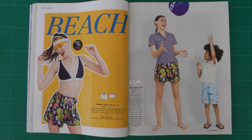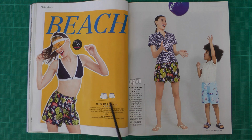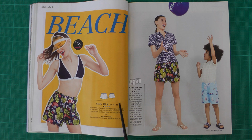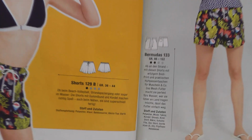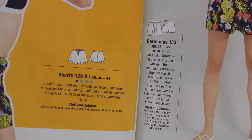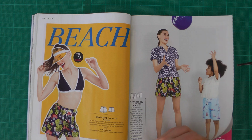Next, after all the tennis and cycling and all that other walking around, we go to the beach. And on the beach we need a pair of shorts. Actually it's the same pattern as the beginning of the magazine. Here it is made in polyester. And for the little boys, another pair of shorts, also with slanted pockets. I think this could be a really nice base for swim pants for kids. That's really nice. And from this girl we get also the top,